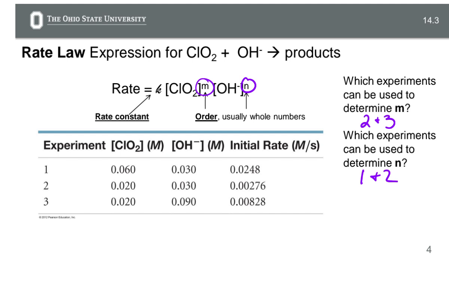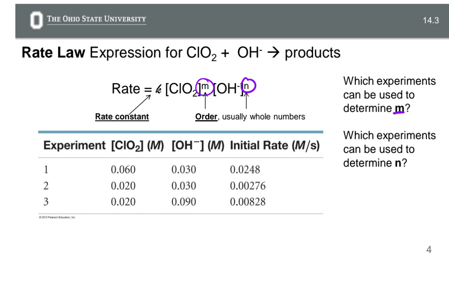Nope. Erase, everyone erase. The one that you're holding constant is not the one you're determining the order from. Okay, so the one that's changing is the one you're determining the order for. Sorry. Okay, so to determine M, for ClO2,